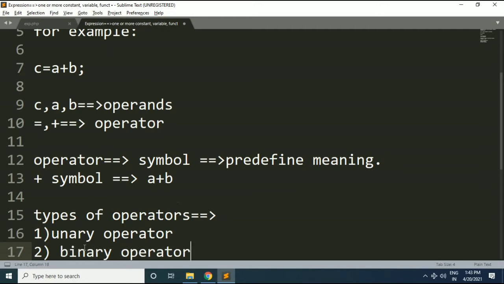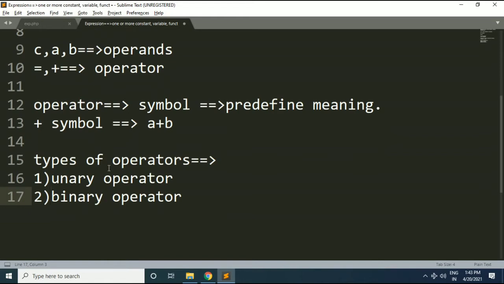Now friends, these names unary operator and binary operator are basically in the context of how many operands an operator requires for performing its operation. So if your operator requires a single operand, then it will be called unary operator. If your operator requires two operands, then it will be called binary operator.